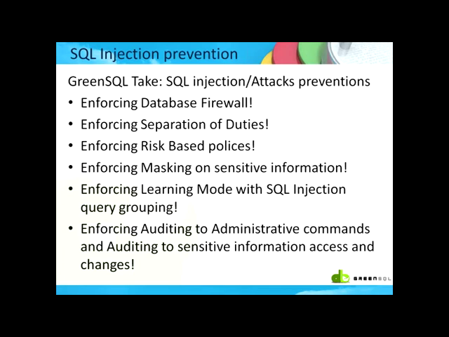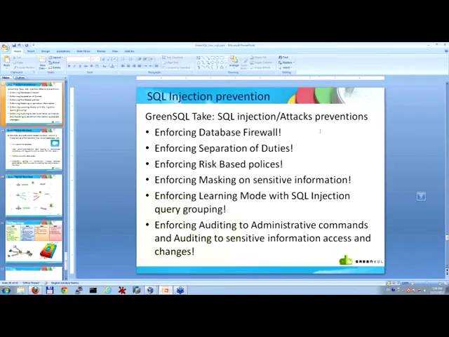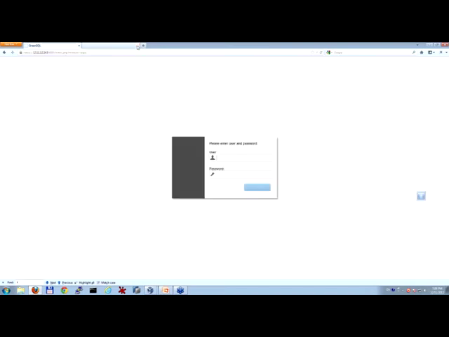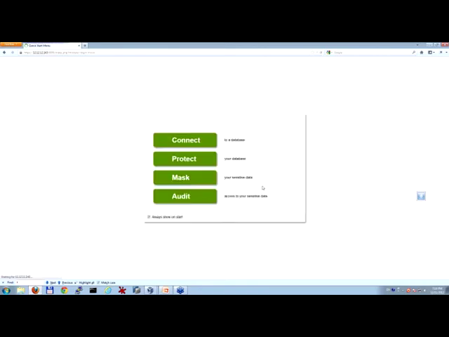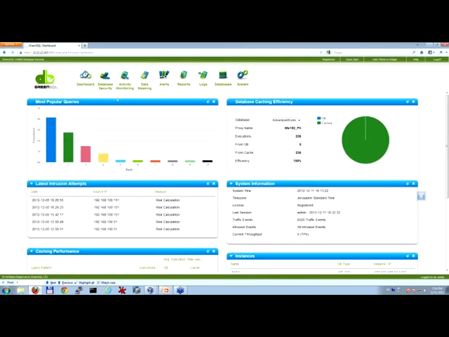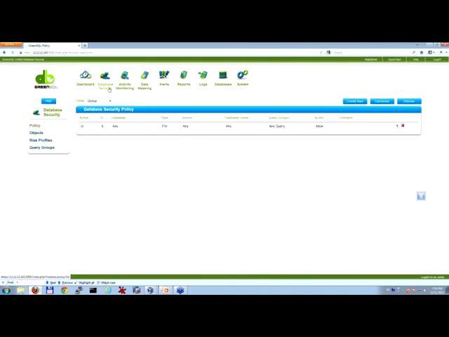First of all, is the option to enforce a database firewall and separation of duties. And you can also use the GreenSQL free version if you have only a few basic rules. After you install GreenSQL, you can access and configure it very easily. After your first login, you will have a very easy to use wizard, which will assist you to connect to the database, to protect your application, and to choose if you would like to mask or edit. But when I'm talking about a database firewall and separation of duties, just those two settings will reduce the threat by more than 90%.